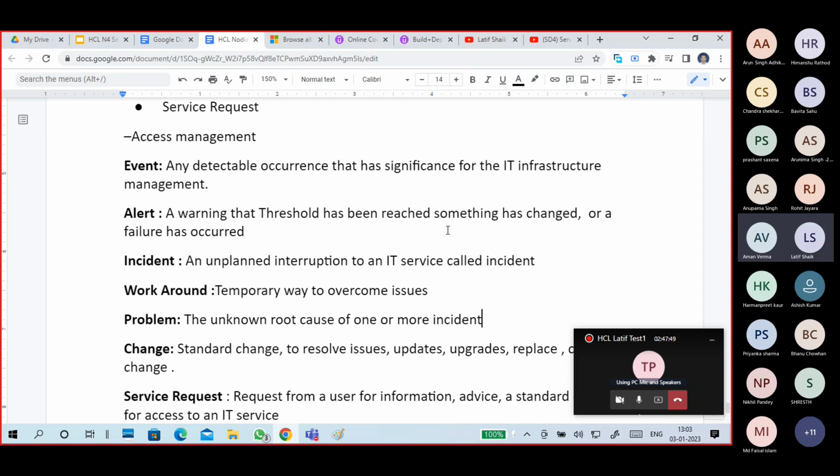Once you solve the problem, you should not get the same incident again and again. The incidents will be reduced. So no need to do firefighting.